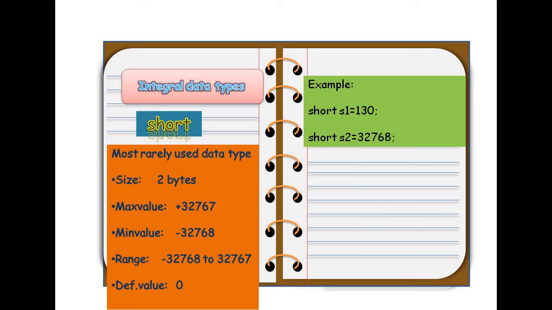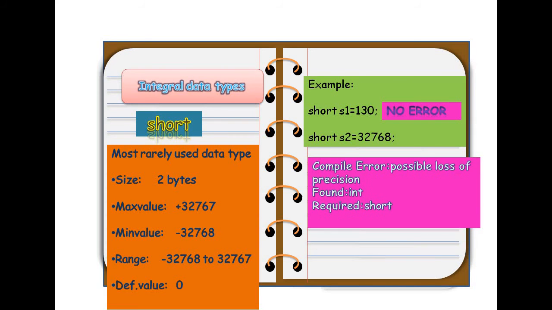Example, short S1 is equal to 130. Short is a data type, S1 is a variable name, and 130 is assigned to S1. And then second example, short S2 is equal to 32768. Can you say whether there is any error in the two examples? First one is compiled and there is no error.